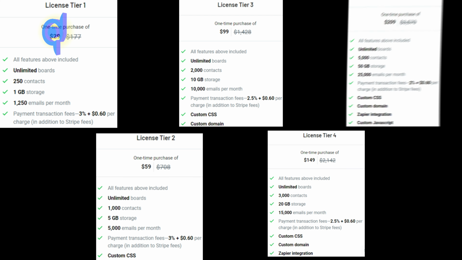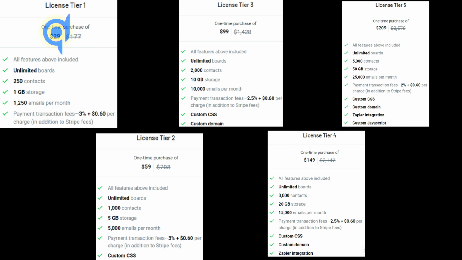$2,142. And License Tier 5: unlimited boards, 5,000 contacts, 50 GB storage, 25,000 emails per month, payment transaction fees, 2% plus 60 cents per charge, in addition to Stripe fees, custom CSS, custom domain, Zapier integration, and custom JavaScript for $209 instead of